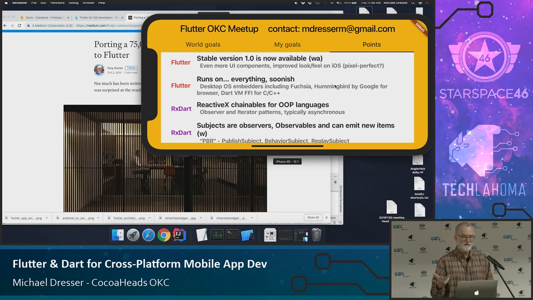And for those of you that are harder core programmers like I am, they have announced, no, they haven't announced, but you can find it in their GitHub repo if you go looking for it, an FFI, which I had to look up. What is an FFI? It's a foreign function interface. So in this quarter, they're claiming they will release an FFI for C and C++ for the Dart VM, meaning that you can call C++ code directly from the Dart VM. And they're aiming to do that also for the ahead-of-time compiled versions of Flutter apps, okay?